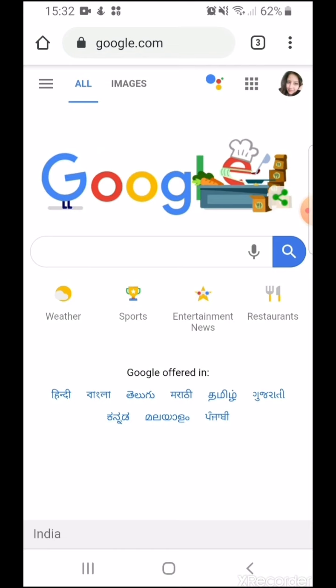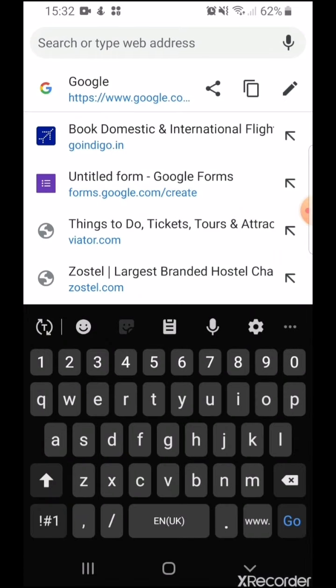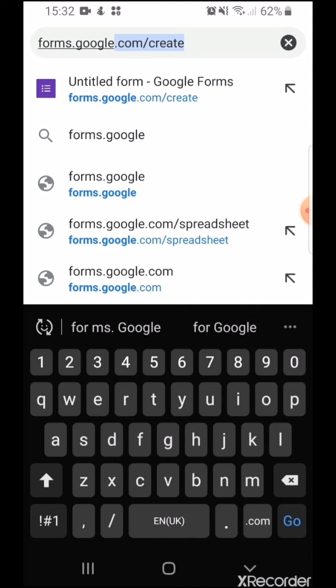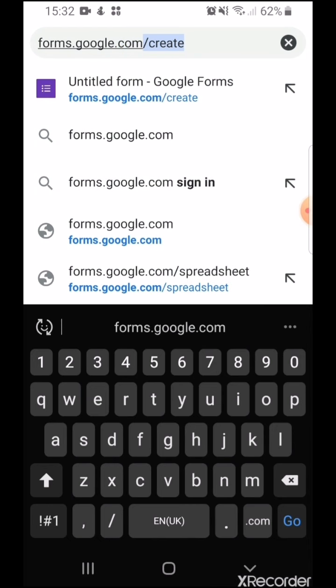So at first we will open a browser on a mobile phone. I have already opened the Google Chrome on my phone. The browser on your phone can be Google Chrome, Internet, or Safari depending on the phone that you have. So in this address section, I'm just going to type in forms.google.com, and it's going to give me a list of options, of which I'm going to choose the first one,